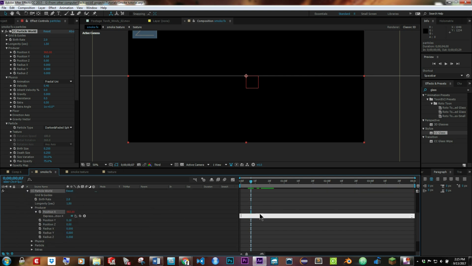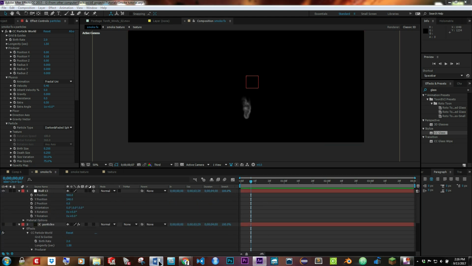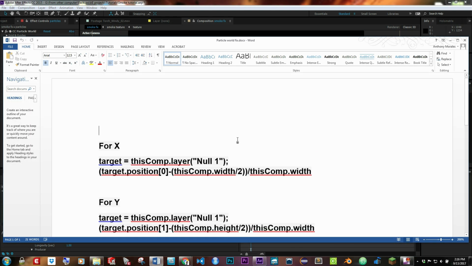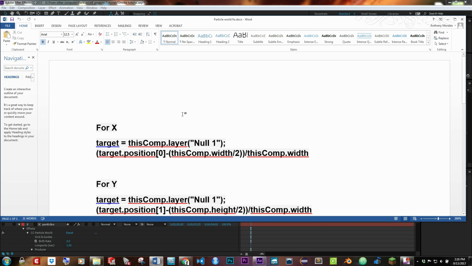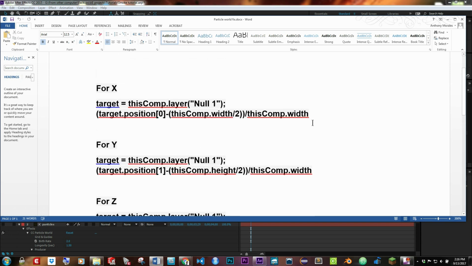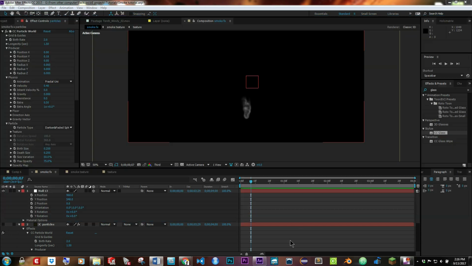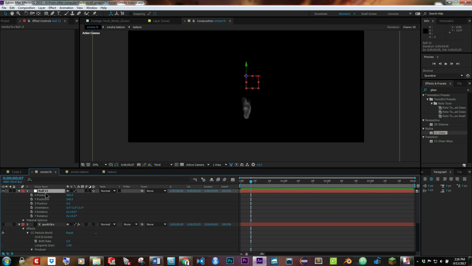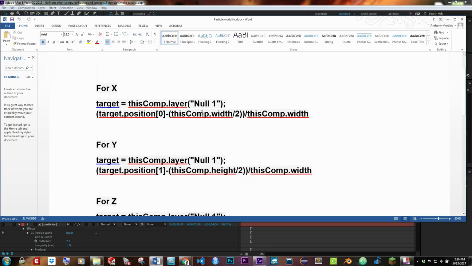So delete that expression. I got this online. These are some expressions for each one of the coordinates, and it's set up for null 1. Let's rename this null 1. If you wanted to parent it to something other than null 1, you can see right here it's referencing null 1. You'd want to change that name to whatever you wanted. So anyway, I'll copy,